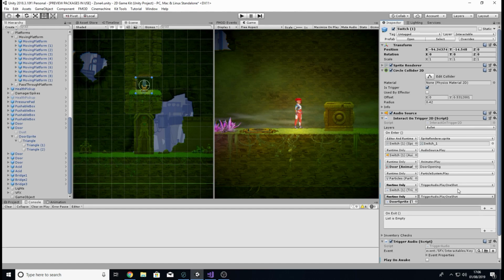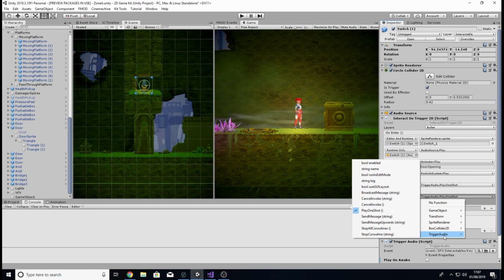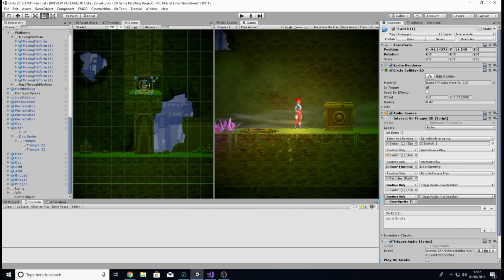But once you've done that, you then need to select the script that's containing the function you want to trigger, which for us was trigger audio, and then the function you want to trigger, which for us was play one shot. Remember, this is the function we created last time, which plays whatever FMOD event we selected inside Unity's editor. So now whenever this bullet or a bullet from the player enters this little switch, the door drops down and